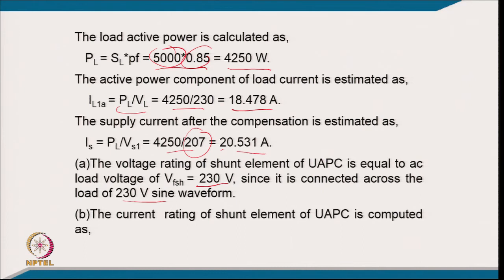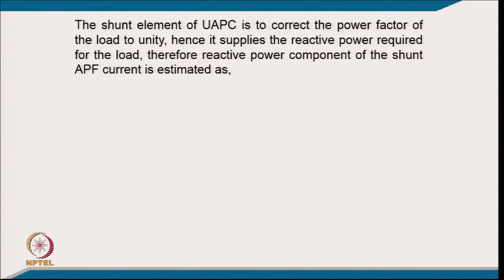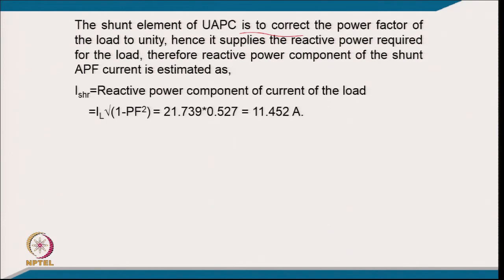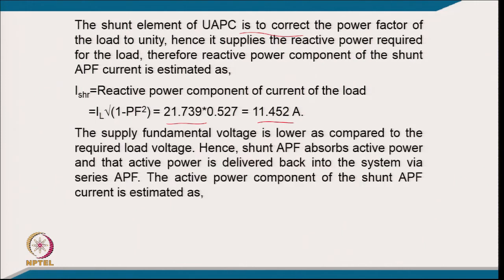So, the current rating of the shunt element is computed as follows. The shunt element of the universal active power filter is to correct the power factor of the load to unity. Hence, it supplies the reactive power required by the load. Therefore, the reactive power requirement of the shunt active power filter is estimated as ISHR equal to the reactive power component of load current, and that is IL under root 1 minus power factor square. So, if you put the value, then it comes to 11.453 ampere, and